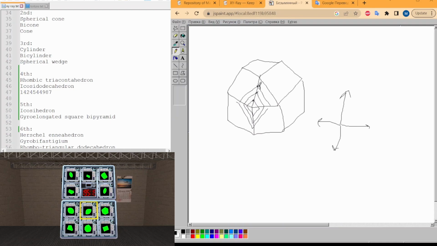For example, when this dot reaches this vertex, it will split up and go in the direction of other lines. So if you see that happening,